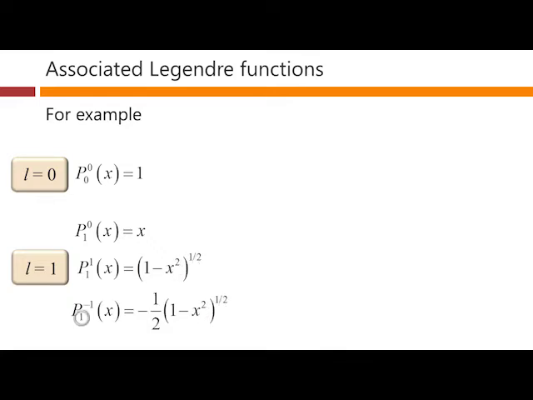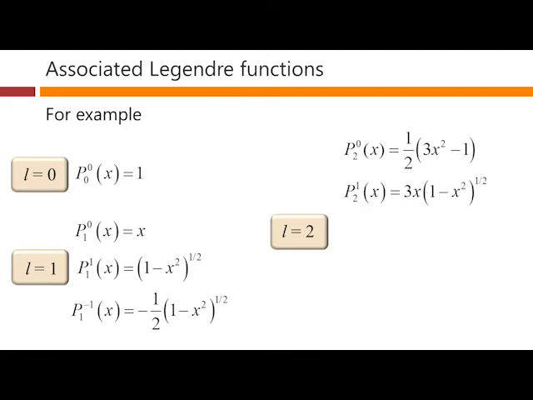And for L equals 0, M equals minus 1, this function actually is really the same as that function up there, but for formal reasons it happens to be defined with a minus a half in front of it. But in real terms, these two functions are actually the same function. For L equals 2, M equals 0, we have this simple 1/2 of 3x squared minus 1 function. For L equals 2, M equals 1, we have 3x into 1 minus x squared, all square